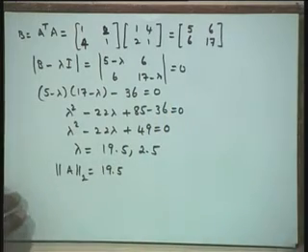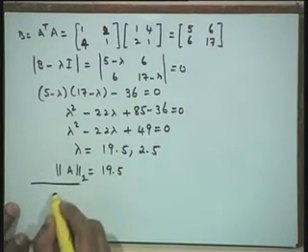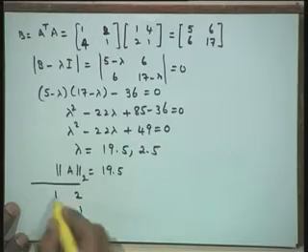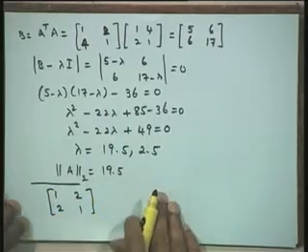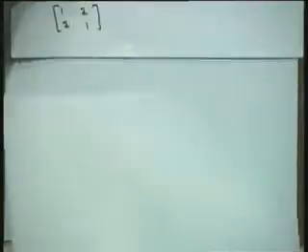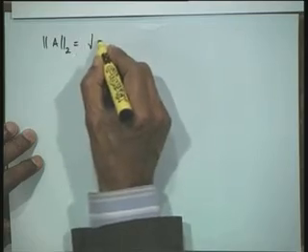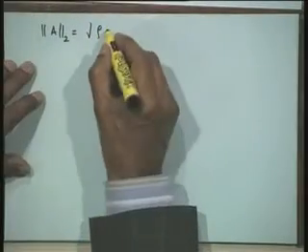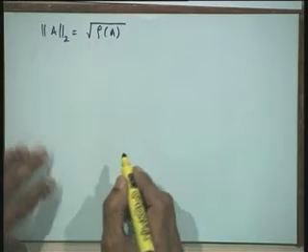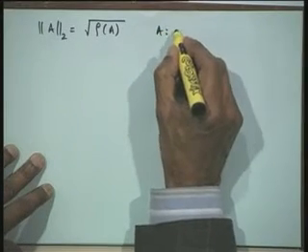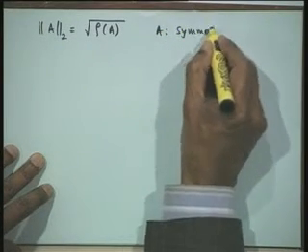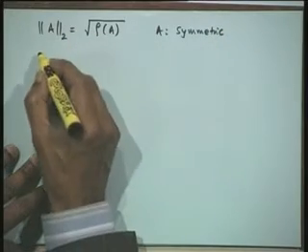For example, let us take another example like the matrix 1 2 2 1. Now, if I take this matrix 1 2 2 1, let us find out what is our norm of A 2, that is Hilbert norm. Hilbert norm will be simply the spectral radius of A, because A is symmetric. Therefore, I need only the eigenvalues of A.